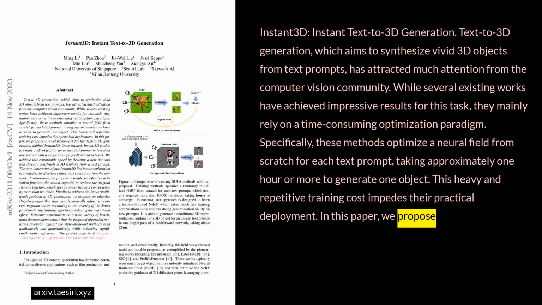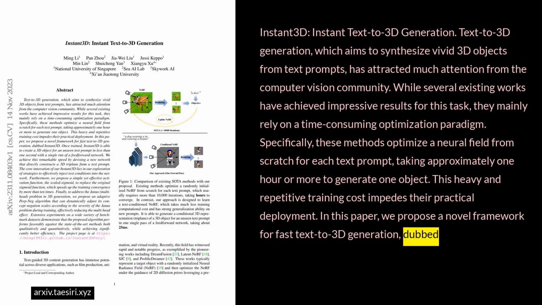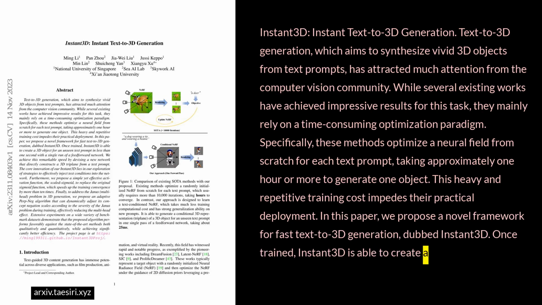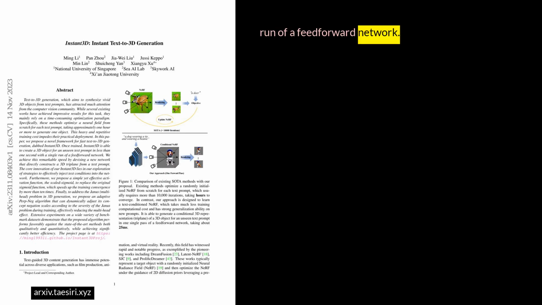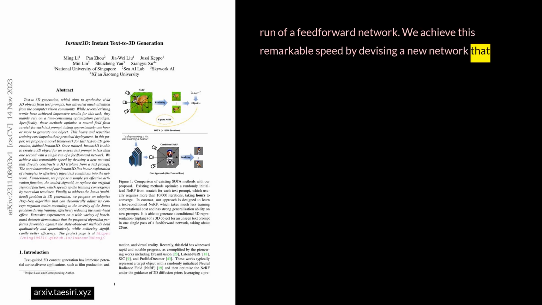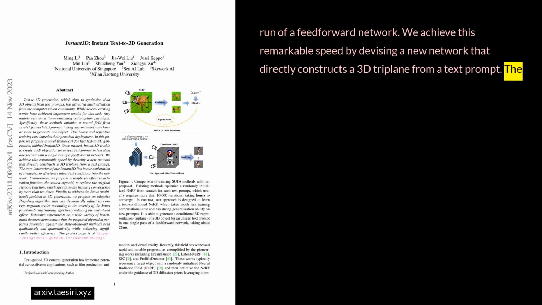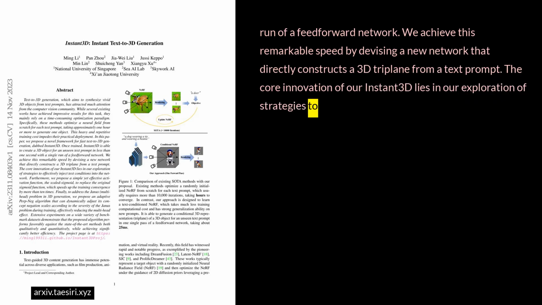In this paper, we propose a novel framework for fast text-to-3D generation, dubbed Instant3D. Once trained, Instant3D is able to create a 3D object for an unseen text prompt in less than 1 second with a single run of a feed-forward network. We achieve this remarkable speed by devising a new network that directly constructs a 3D triplane from a text prompt. The core innovation of our Instant3D lies in our exploration of strategies to effectively inject text conditions into the